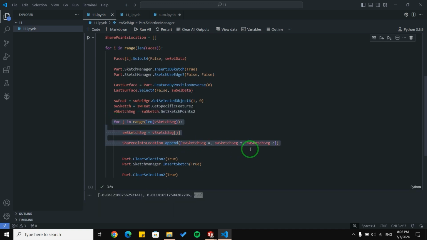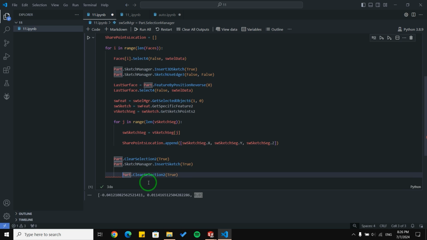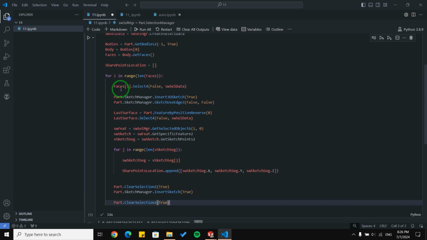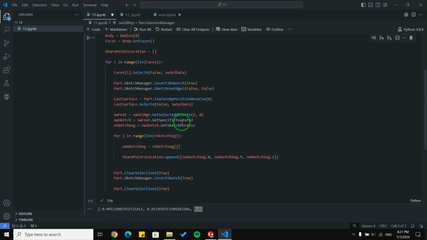Then with this for loop, we are going to go through all of the points and append their location in this variable. Sorry, I think these 3 lines should be outside this loop. And then we are going to close the sketch and clear selection because we don't need it anymore and we need to go to another face. So using this block of code, we are able to go through all of the faces and then go through all of the points and save the location in this variable.